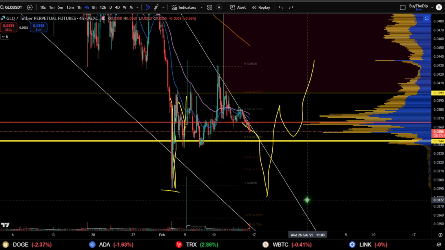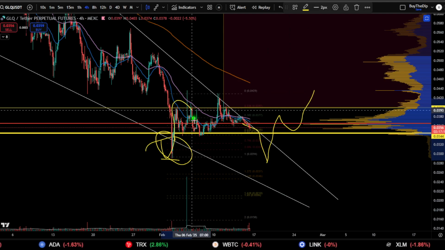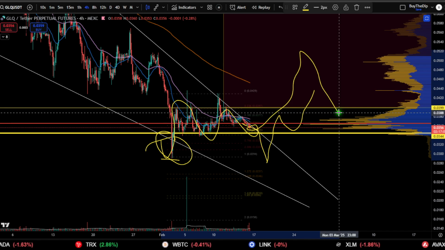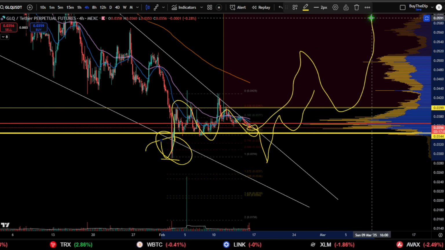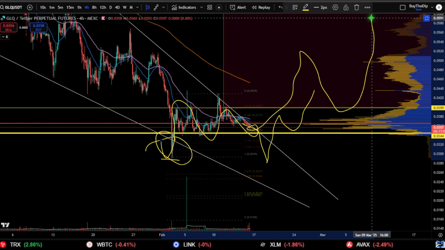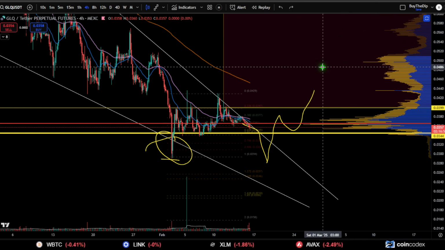What's interesting, the most interesting part of all of this is this. Was this the swing failure before we continue? And maybe we come back up. Maybe then we come back down for a higher low, and then we start making higher highs and higher lows. If you remember what I said a few minutes ago about the market structure shifting, the pivot point structure on that inverse head and shoulders, we've got time then. We've got lots of time, right?